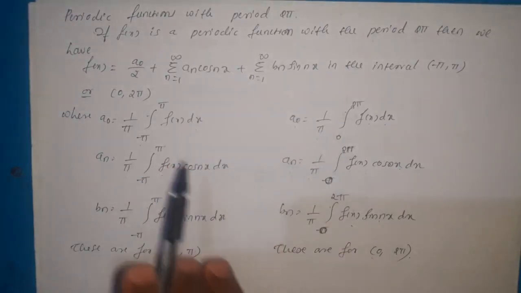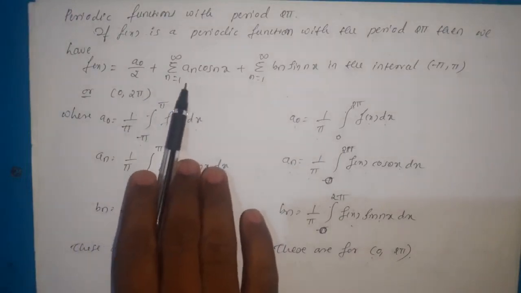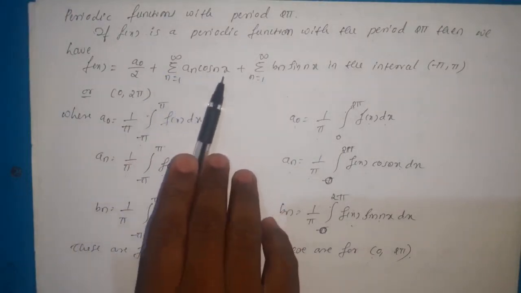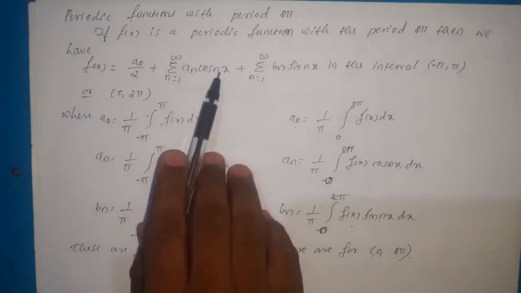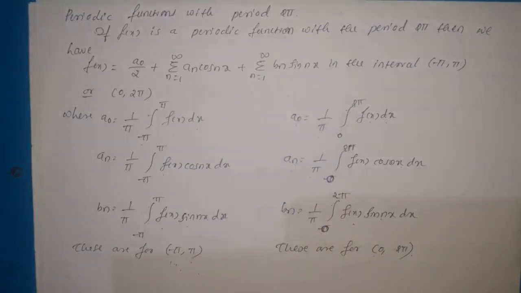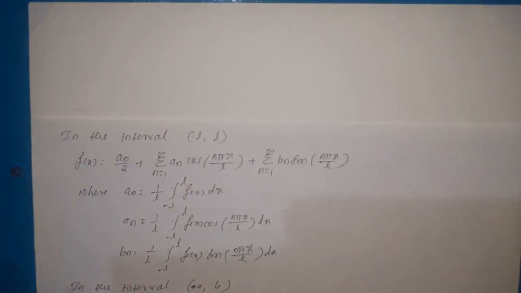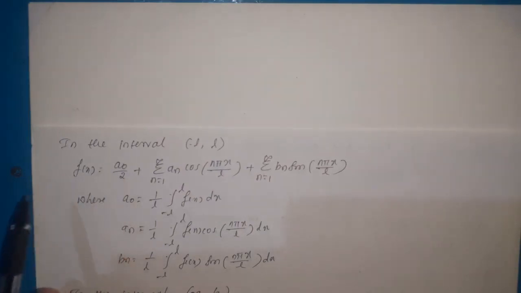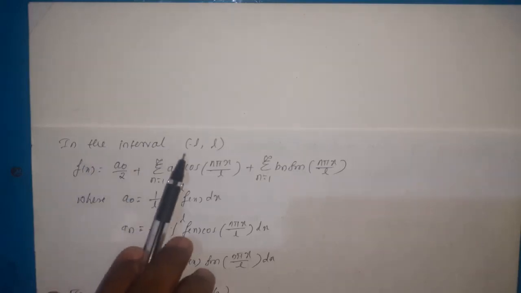So in the previous interval, that is for 2L, we had a naught by 2 plus summation over n equal to 1 to infinity a n into cos n pi x divided by L. Here it is cos nx and sin nx, only that is the change in the Fourier series for the period 2L and 2 pi. And we have already discussed the function of period 2 pi. In that interval we have written the Fourier series, and if the period is minus L to L,